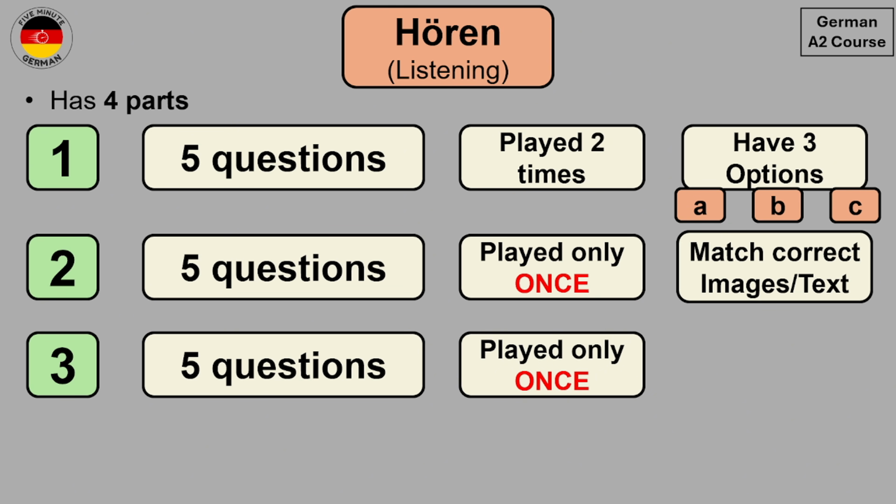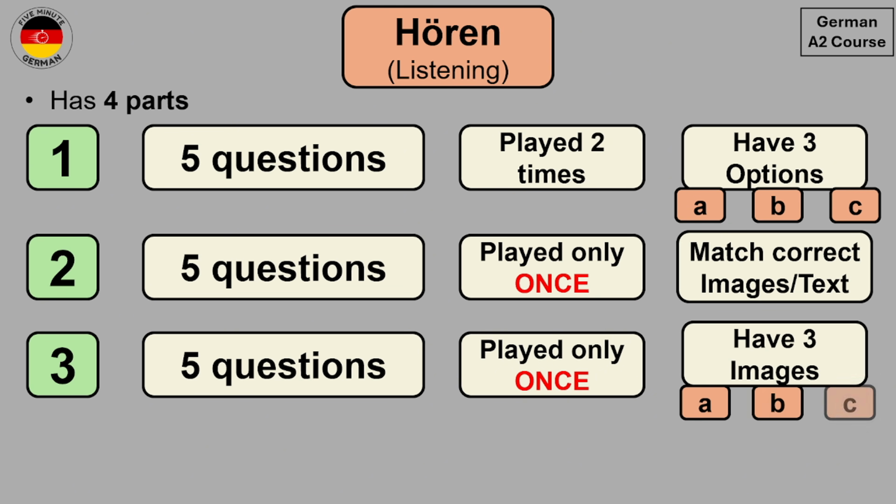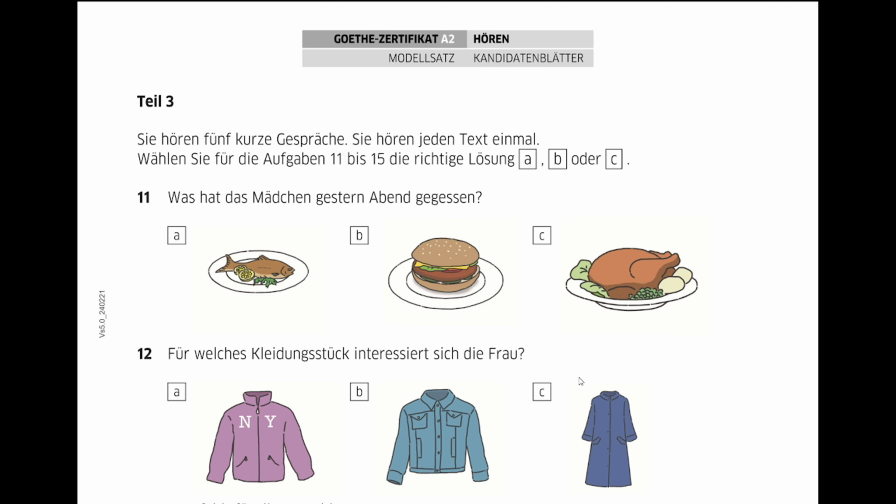And in this case, you will have 3 images, which are A, B, and C, and you have to listen to the text and select the correct image. So let's see how this looks like in the exam. So here we are on Teil 3, which is part 3, and you see over here that they have written